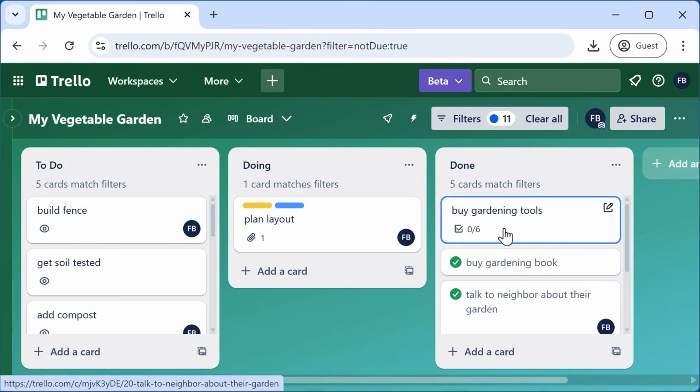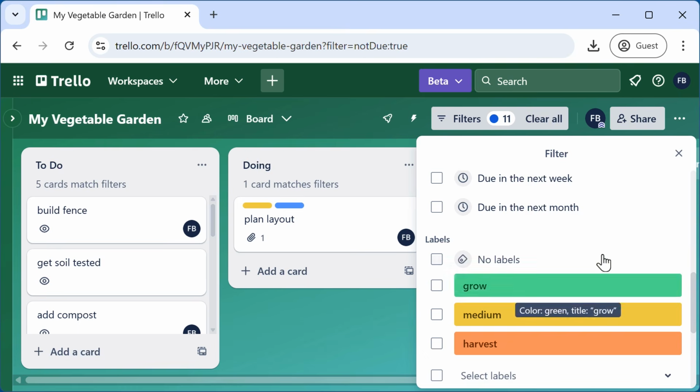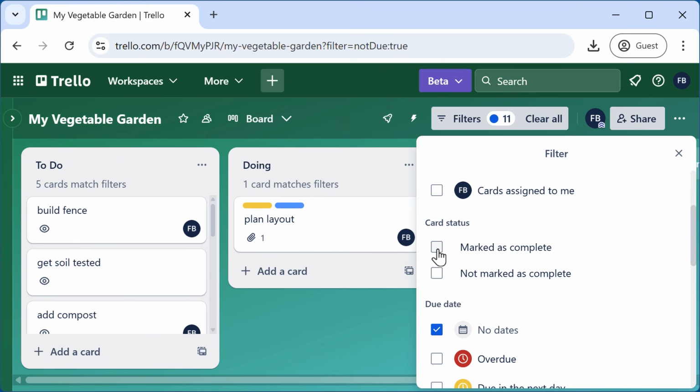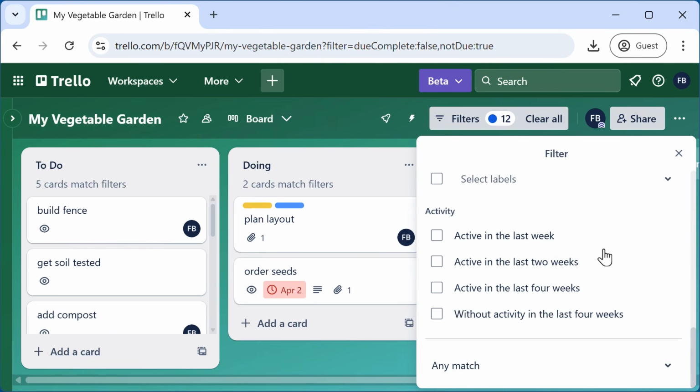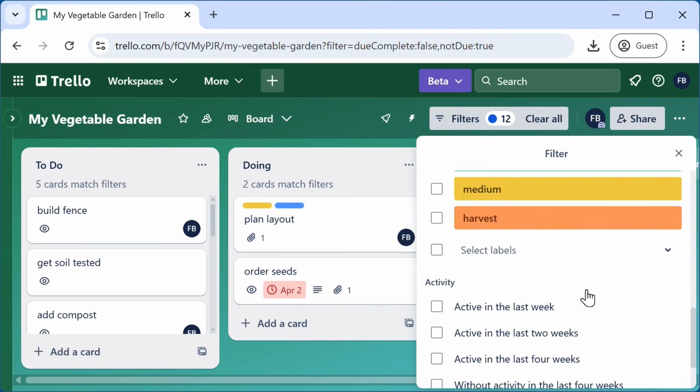I can do that by modifying my filter, selecting not marked as complete. Hey, what happened? This card came back. Oh yeah, there's one more thing I need to change. Since I have two criteria here, I want to filter so that I only see cards that meet both of these criteria, not marked as complete, and also doesn't have a due date.